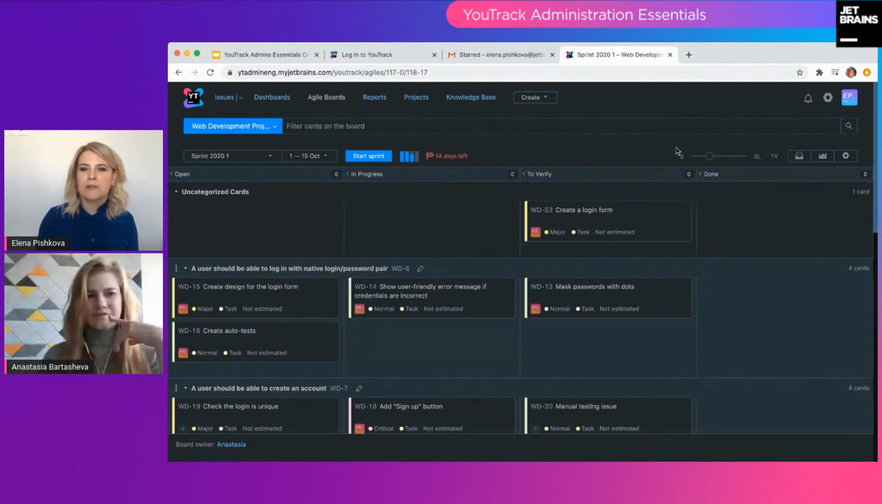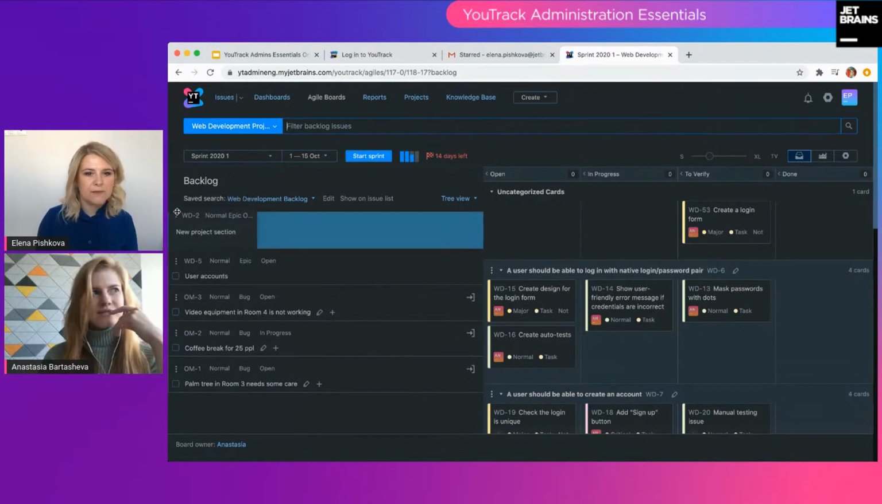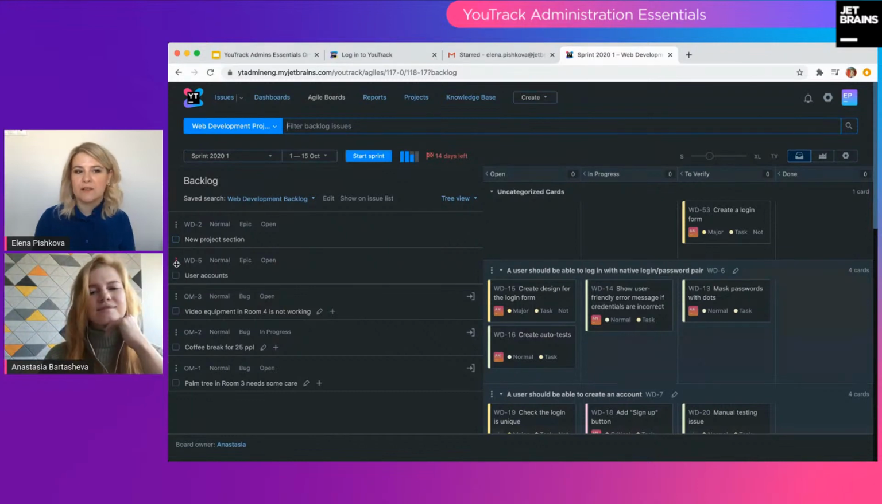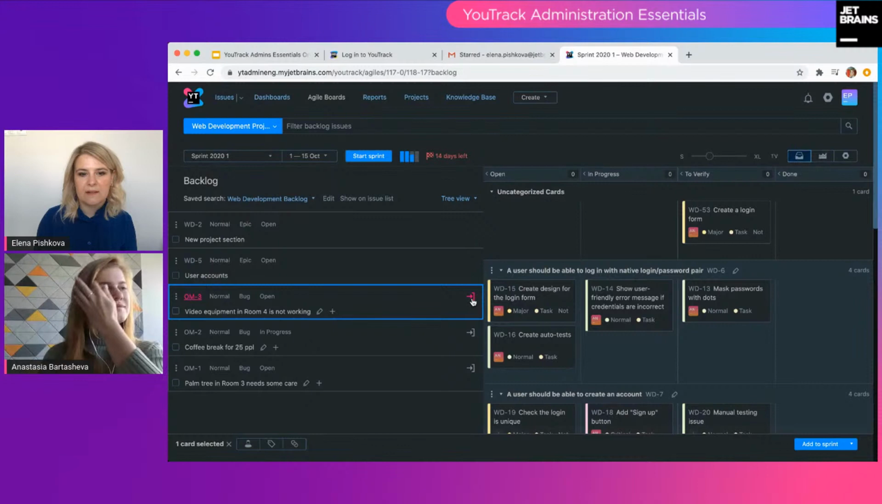Anytime while working on a sprint, I can open the backlog here, and the backlog is basically represented by some saved search. For our team, we are saving the tasks that are going to the web development backlog in a saved search called accordingly. And you see tasks here. I can move them to rearrange and change the order, or I can add any task to a sprint right from here, clicking on the button,